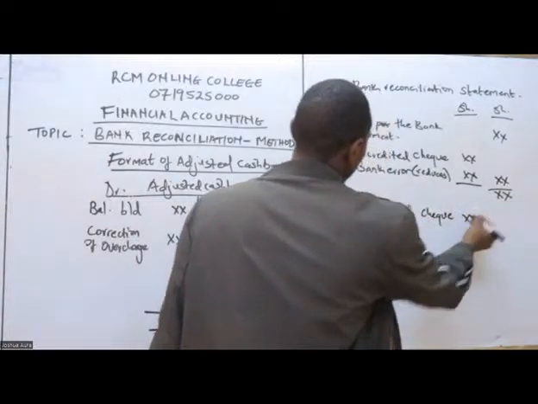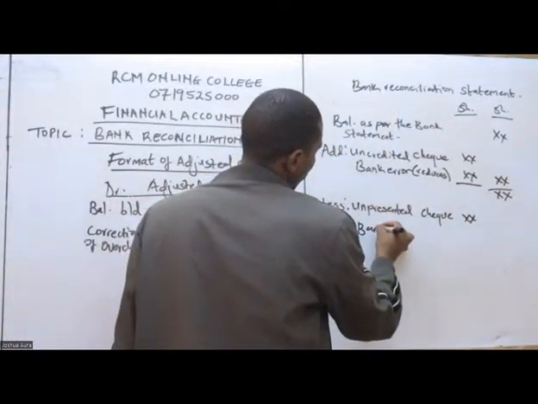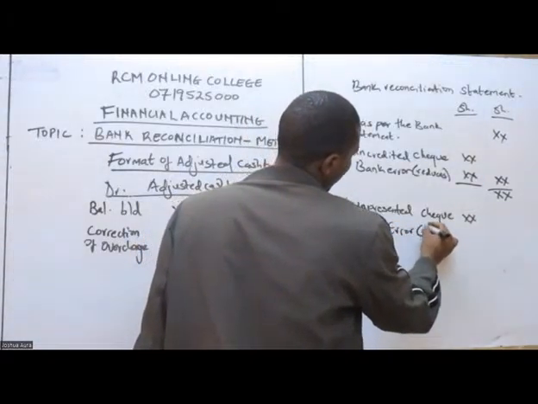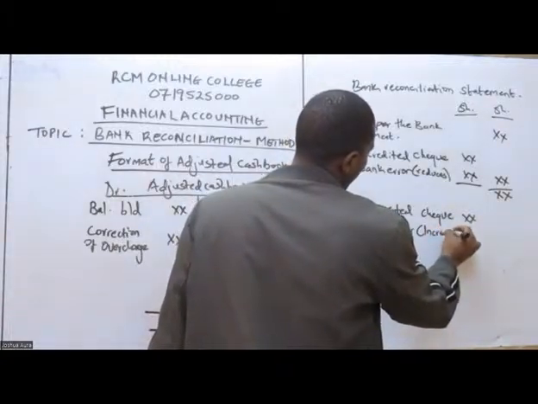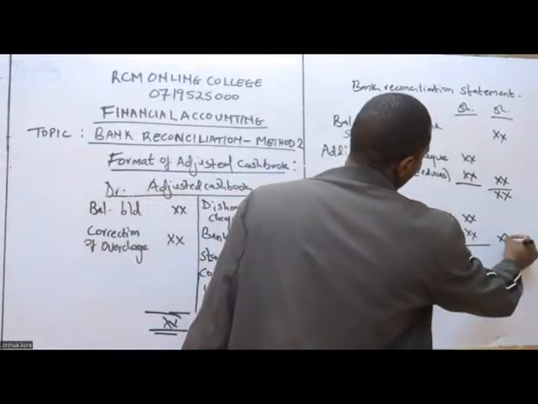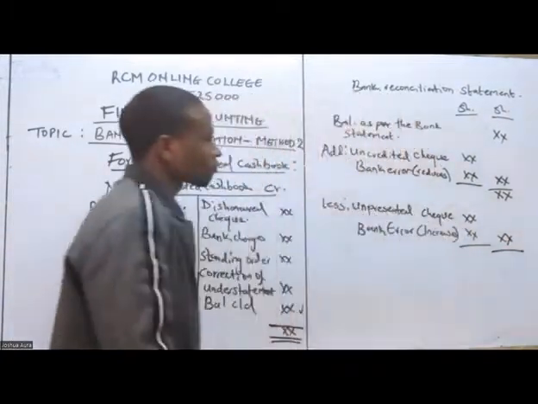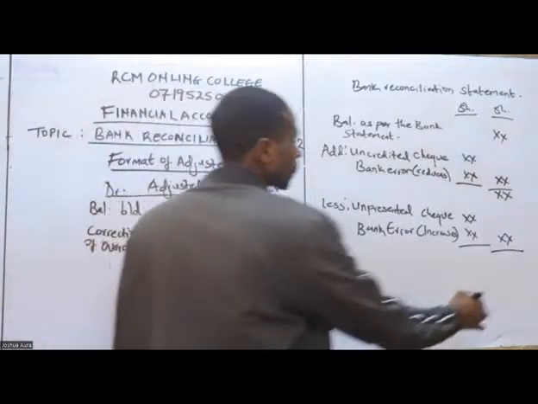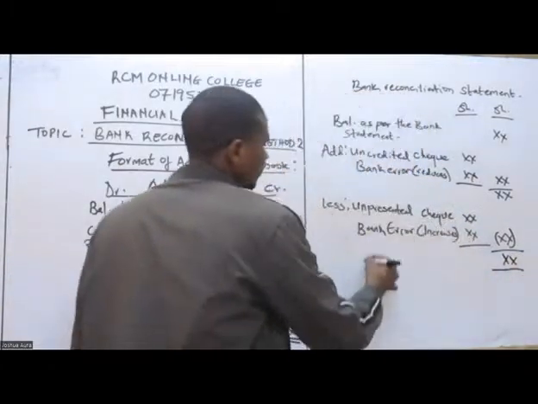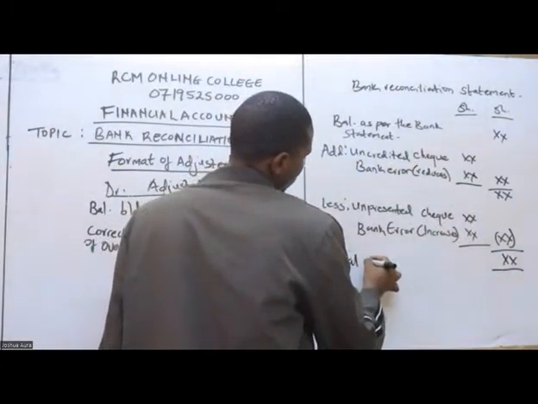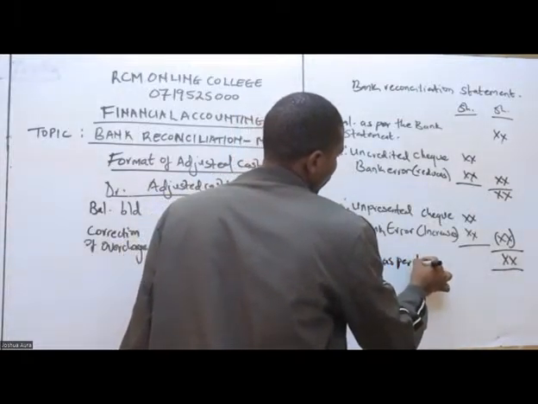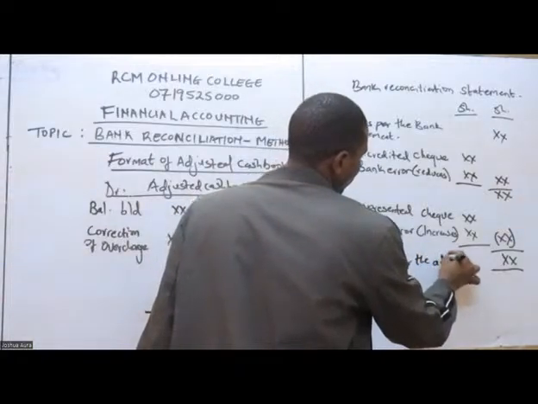And then bank error, any error that increases the bank balance, you have to raise it. You know those errors. Then you subtract this error to get the balance as per the adjusted